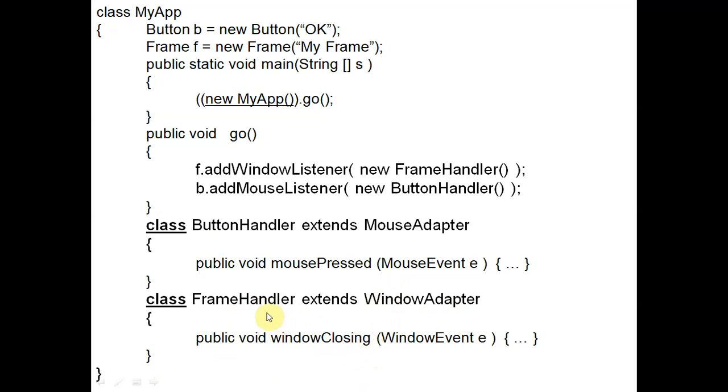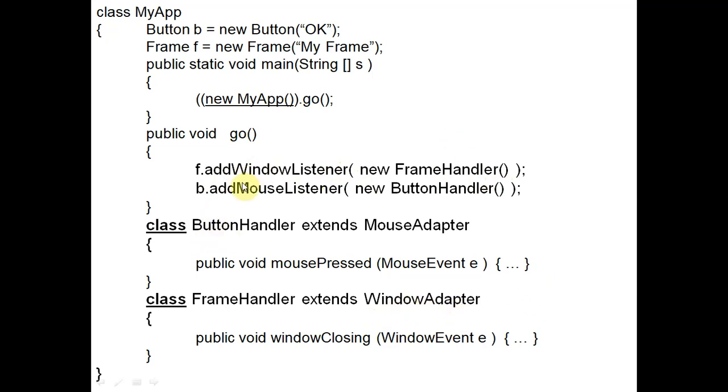This function is inside this FrameHandler, and FrameHandler is extended from the WindowAdapter, and the object of the new FrameHandler will be the argument of the add window listener. With the frame we apply the window event, but here we will use FrameHandler, which is extended from the WindowAdapter.